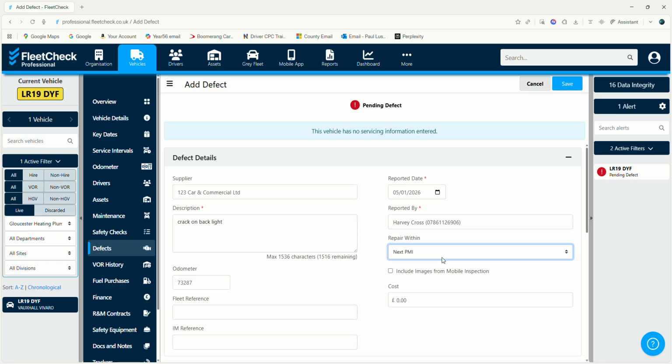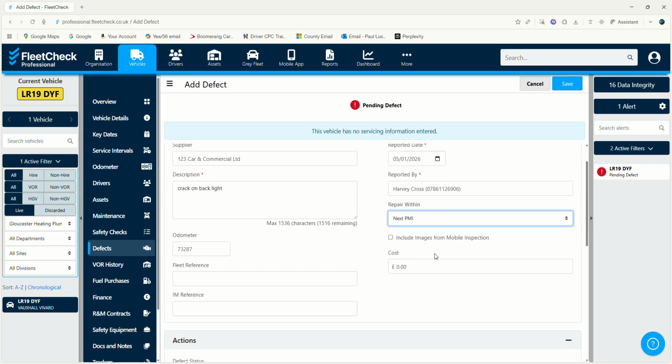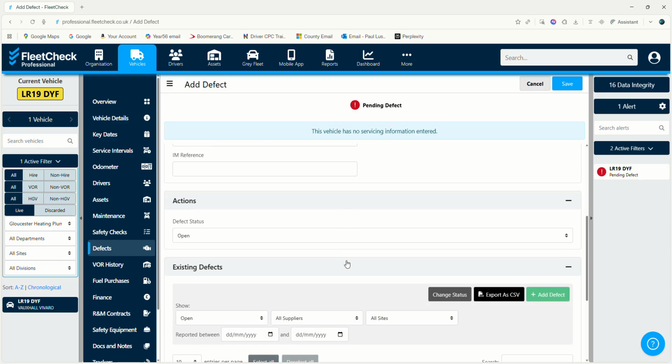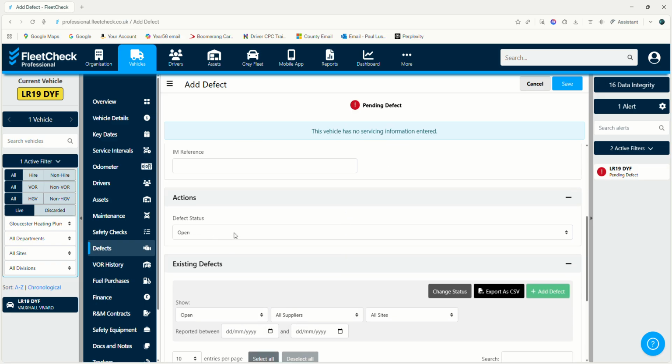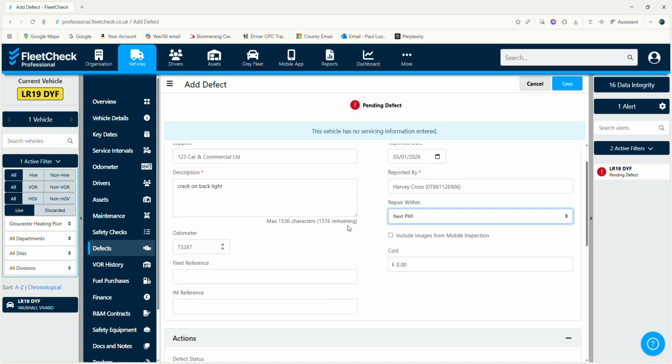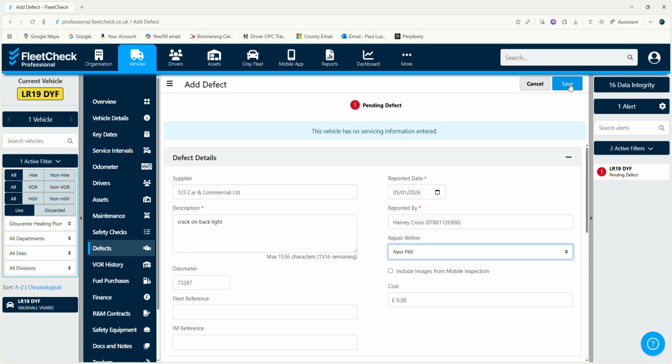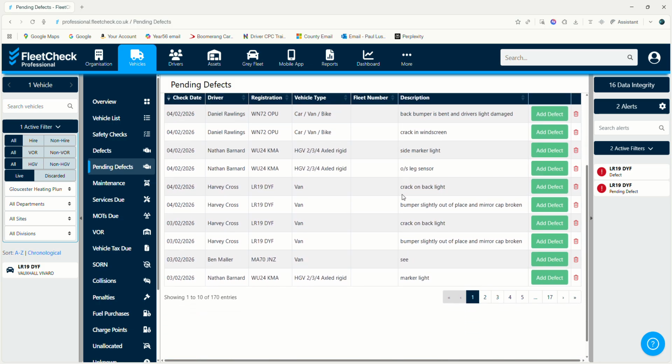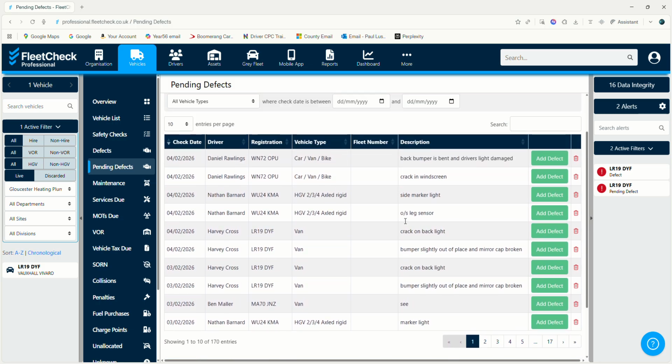It's not stopping the vehicle being used on the road, so we could do it as and when the vehicle goes in next. And at the moment it's an open status, so the defect status here just says open. All right, that's all we need to do for the moment. So if I press save,